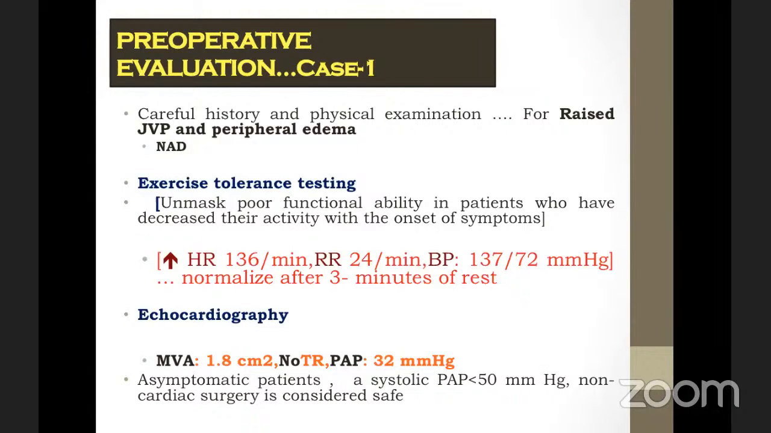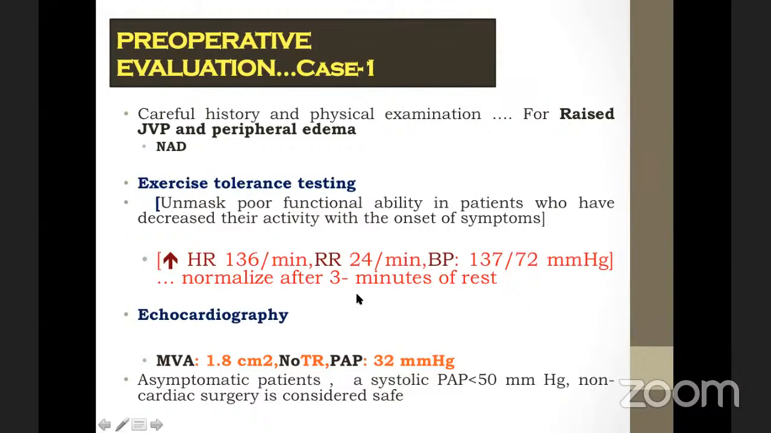So at times, most of the time the patient is asymptomatic or having mild symptoms, but during exercise it unmasks the poor functional ability and the symptoms become manifest. In that case, you have to be careful. So you go for exercise tolerance testing: heart rate increases, respiratory rate increases to 24, BP is 137/72, but however